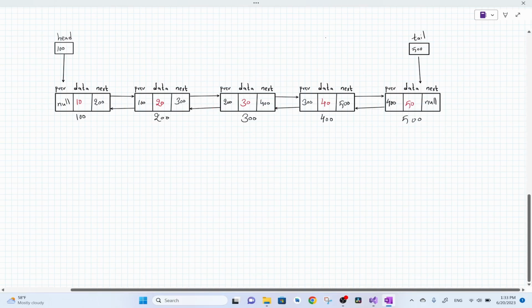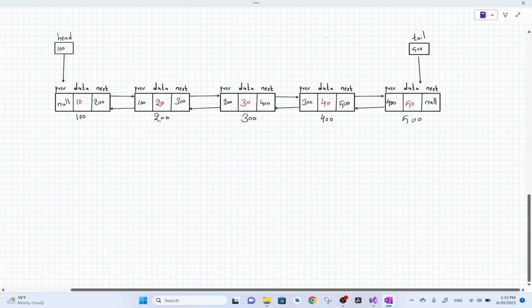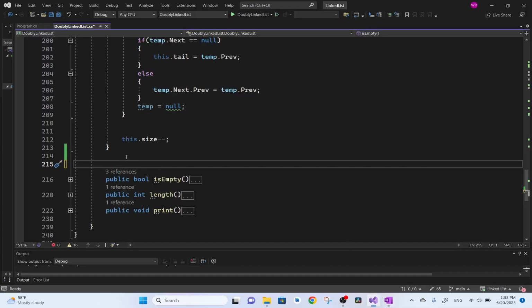So there are still two corner cases. If the value is at the beginning of the linked list, we need to update our head pointer. We saw many times how to delete from the beginning of a doubly linked list. And if the value is at the end of the linked list, we need to update our tail pointer. We saw that also. So let's define a function and first take care of deleting from the beginning of the